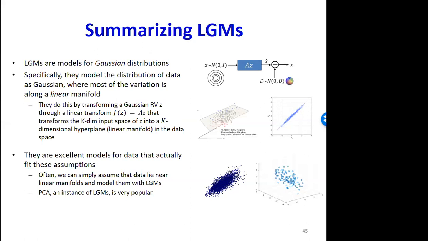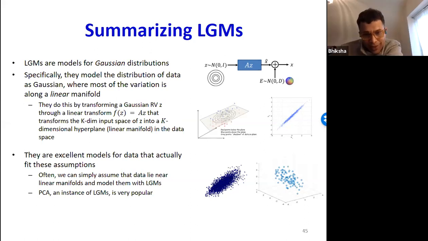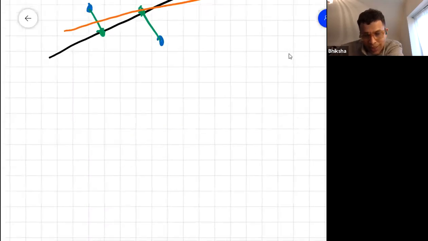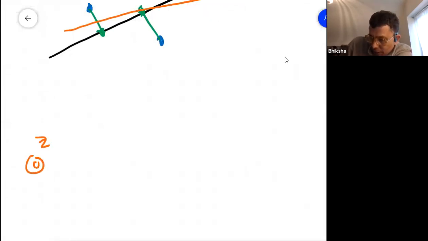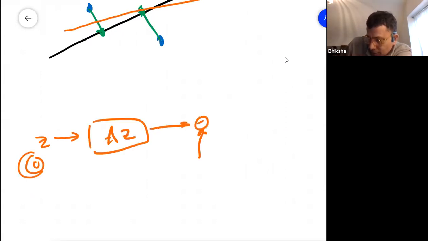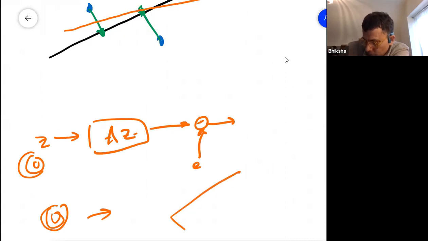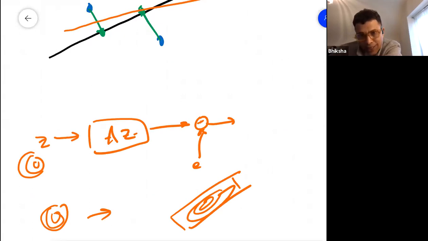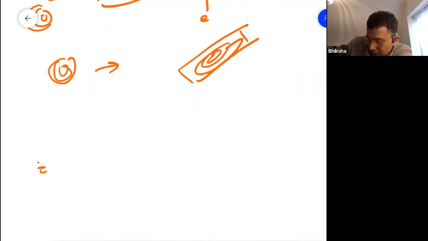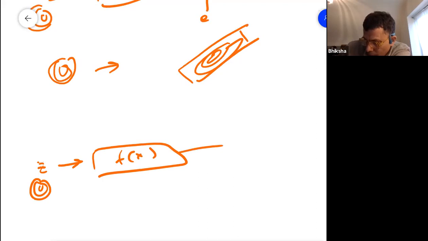Nonlinear activation, intermediate activations? So exactly, right? So all I need to do over here is, instead of starting with a Z, which is a Gaussian, and putting this through a linear transform, and then adding noise. What this does is it takes your Gaussian and puts it as a k-dimensional linear hyperplane in the new space. If I replace this instead by something that takes my Z, which is still a Gaussian, but then applies some non-linear function, what it will do is take this Gaussian, but instead of putting it as a linear hyperplane, it's going to convert it into some kind of a sheet, right?